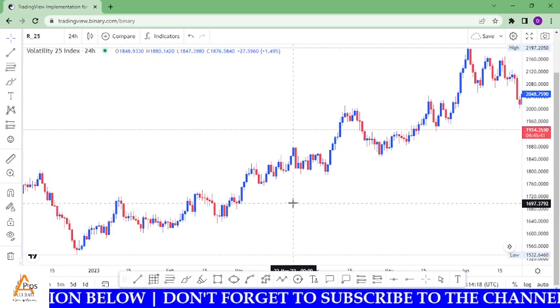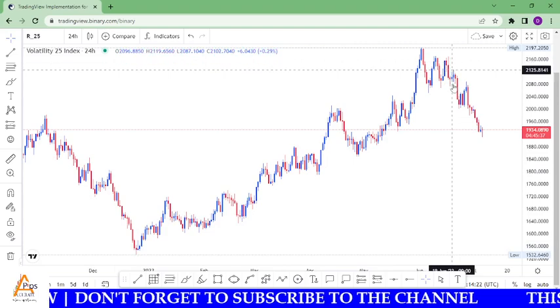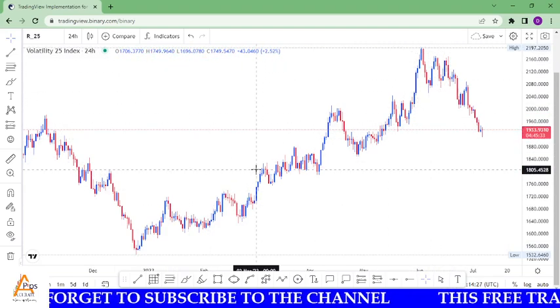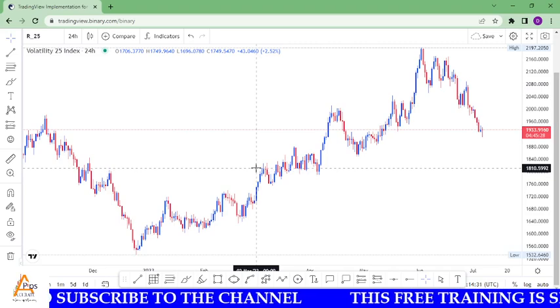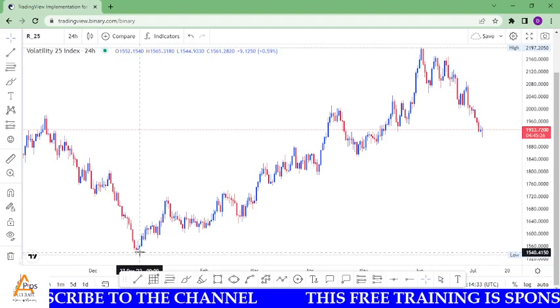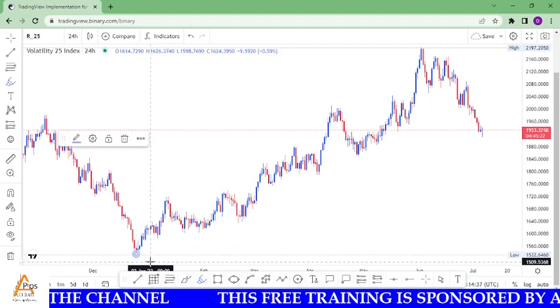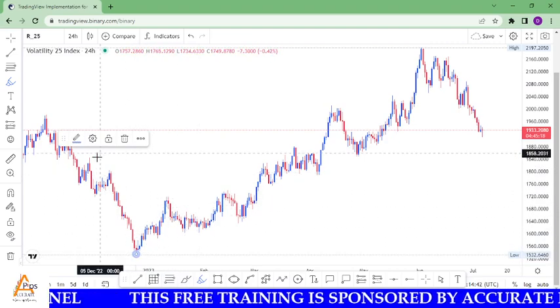Let's start here. Let's see this movement. This movement is a bullish movement. So if we are to mark this particular chart using impulse and correction, using the candlesticks, then you start from this point. This is the first low in the market. Then we will now look for the next